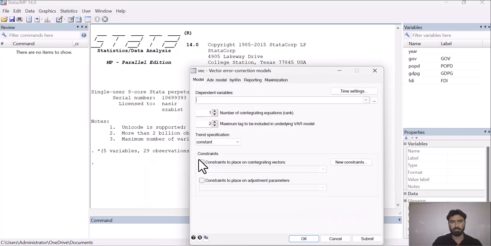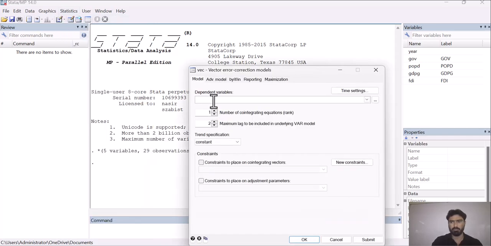Okay, so now go to statistics, then go to multivariate time series, go to vector error correction model or VECM. Here you have to select your dependent variable first, GDPG, and then you have to select your next variable, and then you have to set up the number of lags.